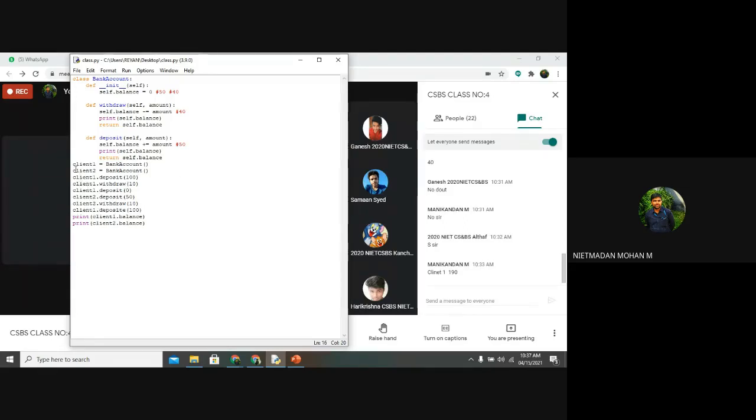So same like that, we can use this client 1 and client 2 object in any number of codes without any deviation. We can use them in between any lines of code without any deviation of the particular output that we are getting from object 1. So that is the concept. Now you can see here.